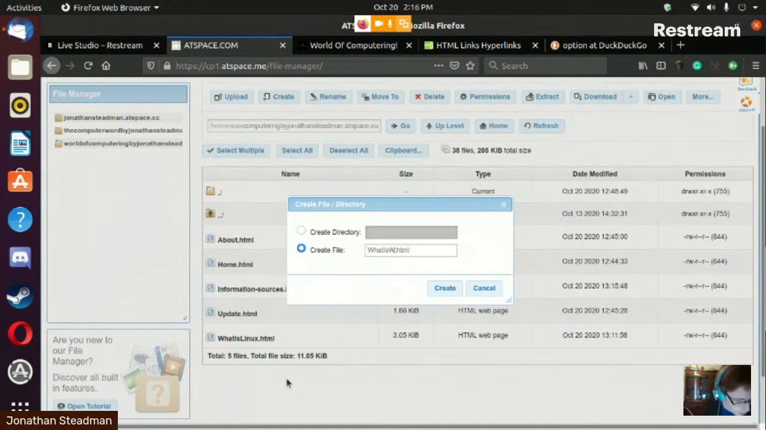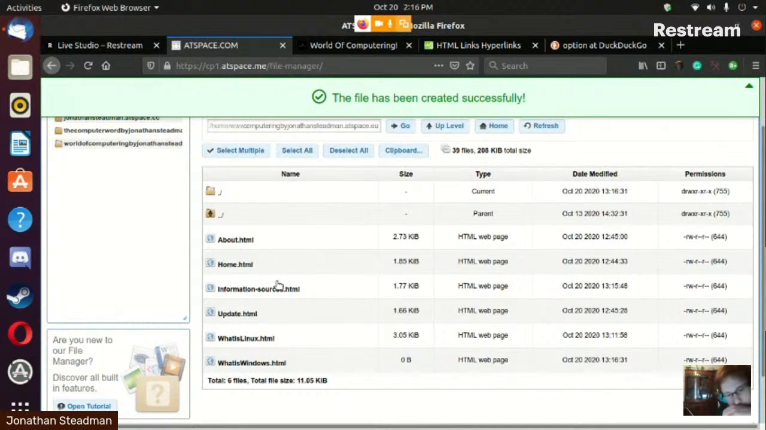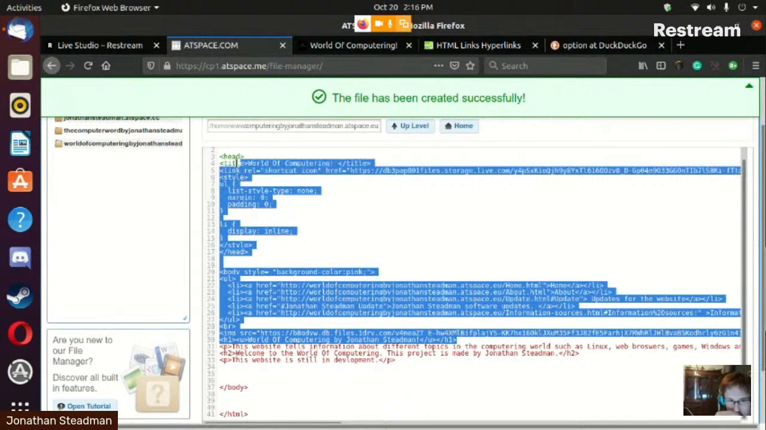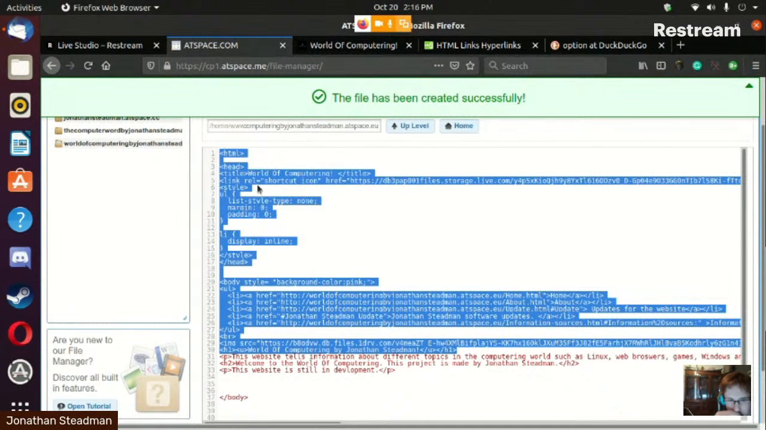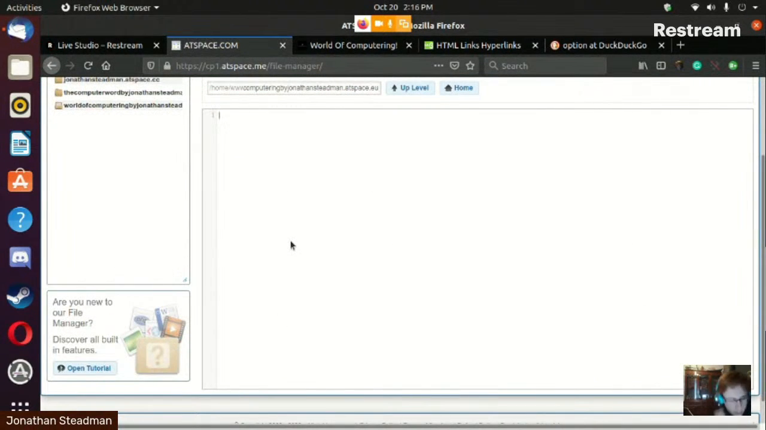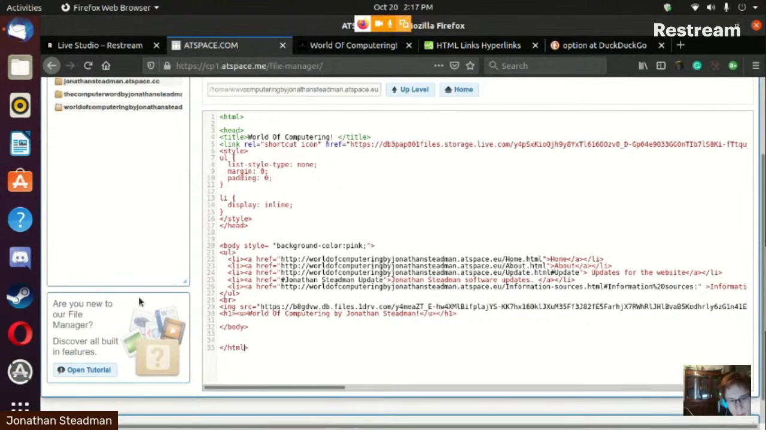So if I go and create a new file, and I put down what is Windows? And now if I go to the home page and just copy some code. Copy. Control V. Okay, so now what I'm going to do is add the end of the body tag. And then if I go to the HTML,